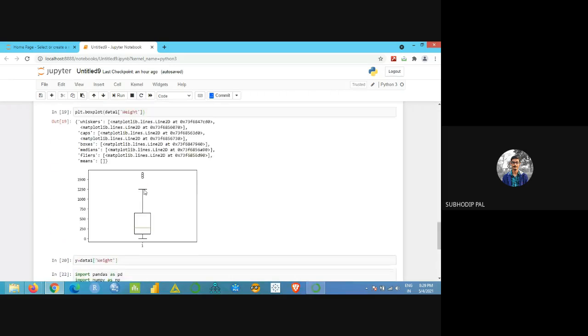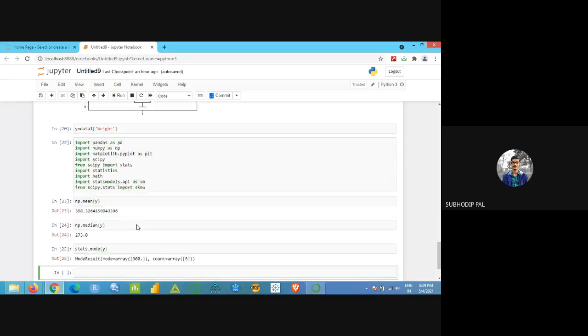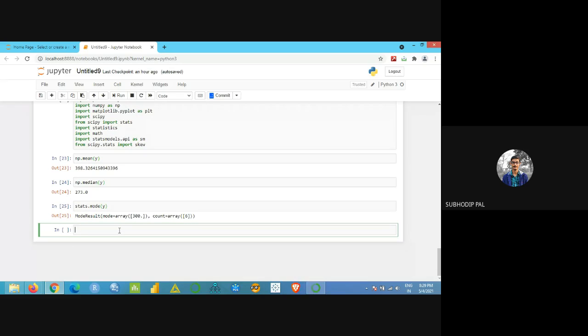Suppose I want to get all the percentile values for this particular variable weight: 0 percentile, 25, 50, 75, 100. How do you get that? This will also use the NumPy library, np.percentile.